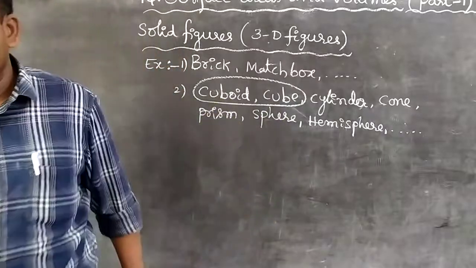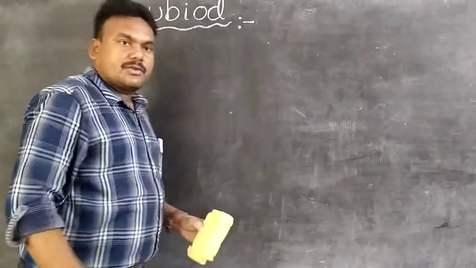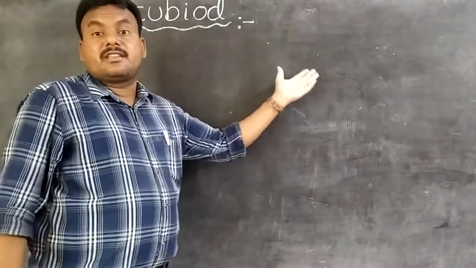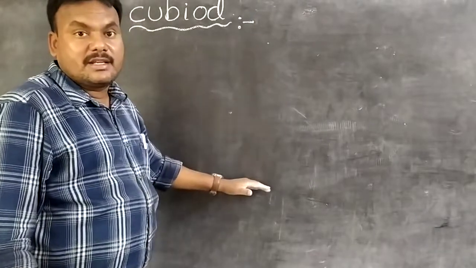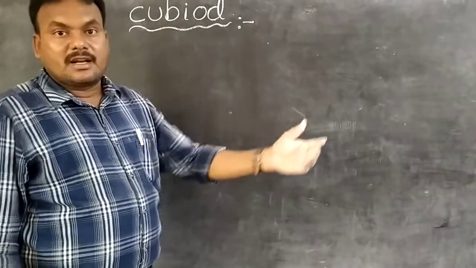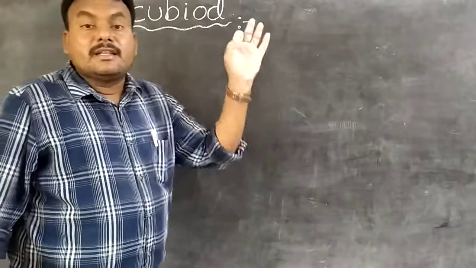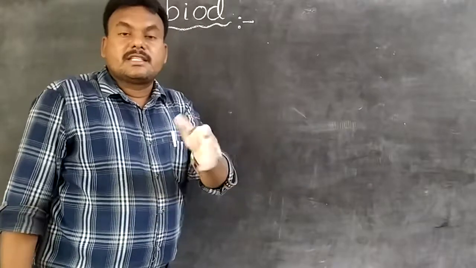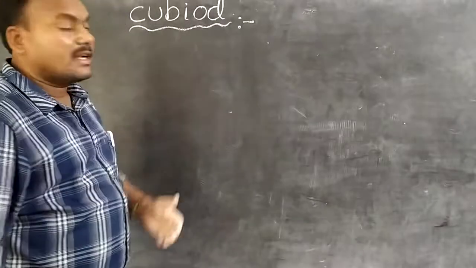Observe carefully, students. First, cuboid. What is a cuboid? How many faces are there? How many vertices are there? How many edges are there? And again, we have different formulas. In school time, in general class, we have taken the derivation part also. But we learn here the important formulas. They are also very important in competitive examinations like NTSE and CV Raman and whatever they may be. What is a cuboid?